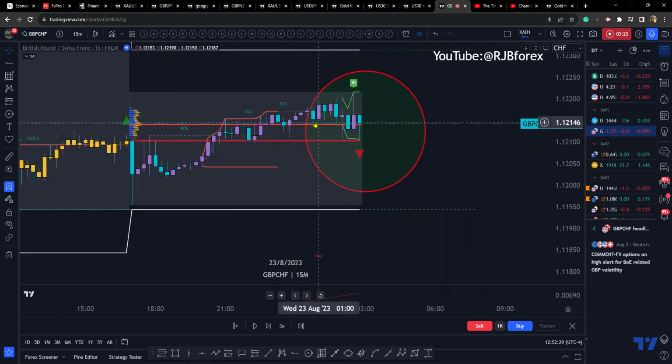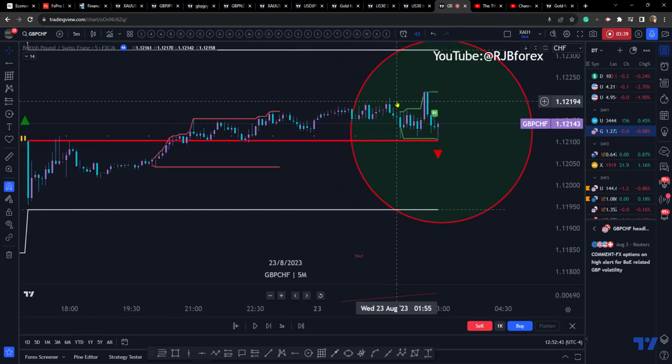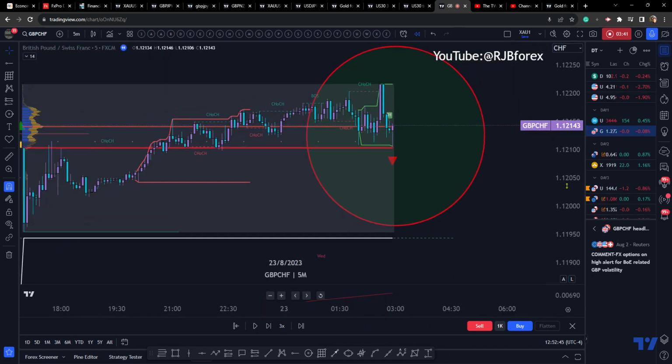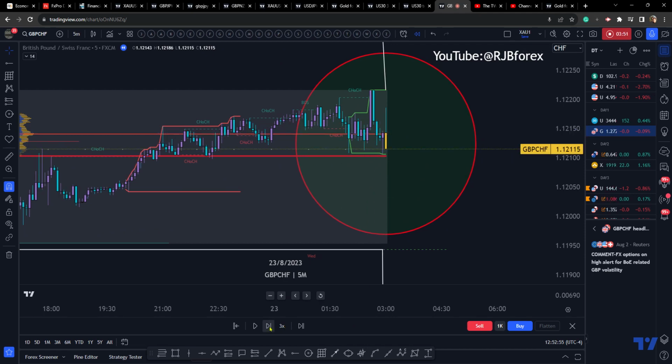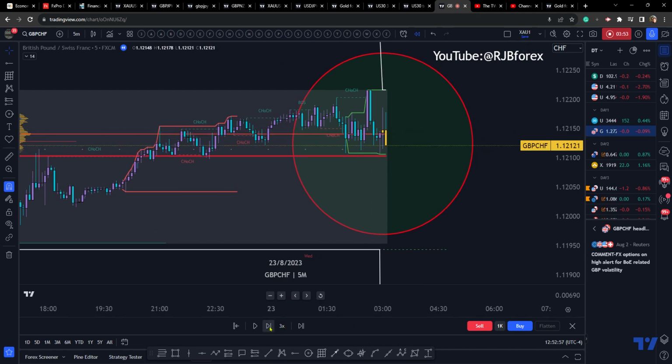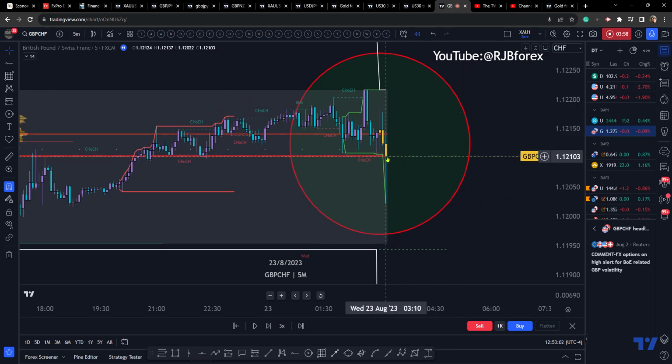So at this point here, we've broken structure. Okay, we've come up and pinned. So that's going to be telling you, well, that's a stop hunt. And then you could be moving down to the 5-minute chart, looking for your signs of exhaustion to the upside. So you've got those railroad tracks, you've got a pin, you've got another pin here, and you're looking for the engulfment to the downside. So there it is. You could have taken that,